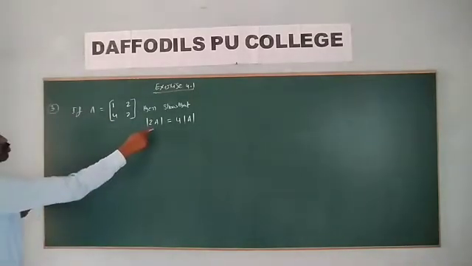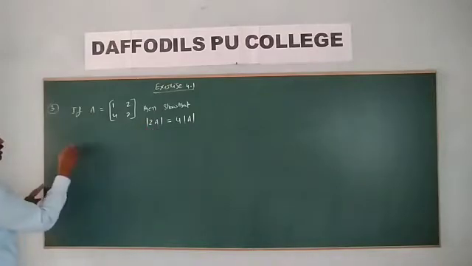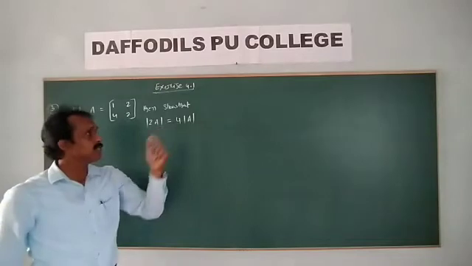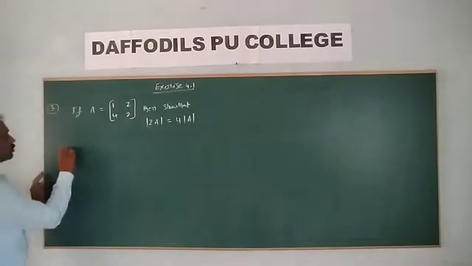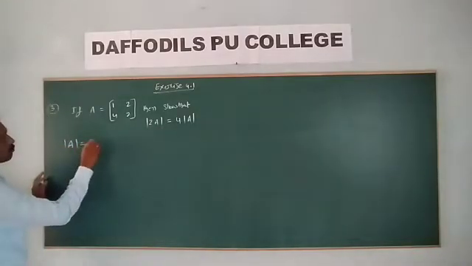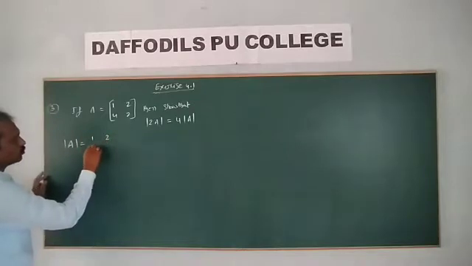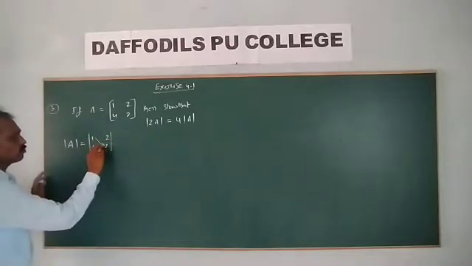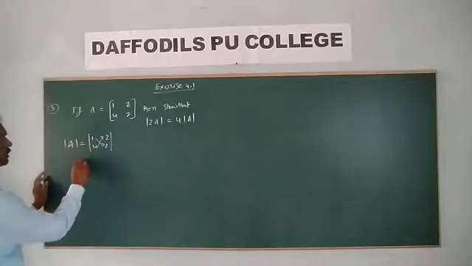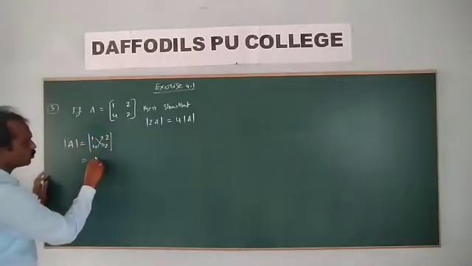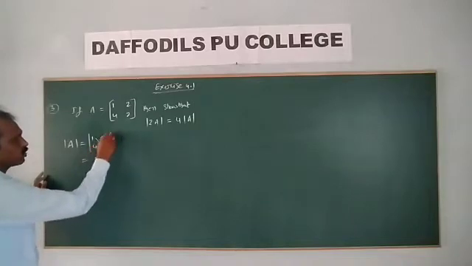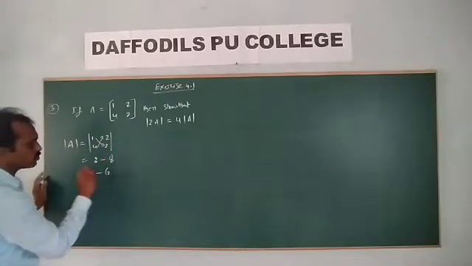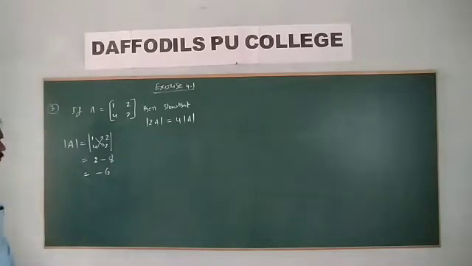First of all, 2A is the LHS. We show that RHS is equal to 4 into delta. Okay, right? So first of all, delta implies |1 2; 4 2|. What is this value? This is equal to 1 into 2, 2 minus 4 into 2, 8. This implies this value is equal to minus 6.